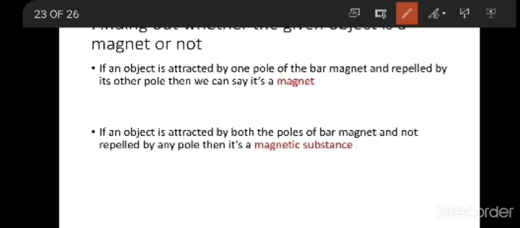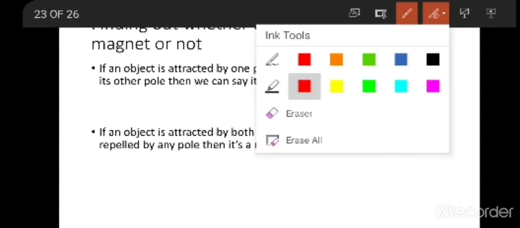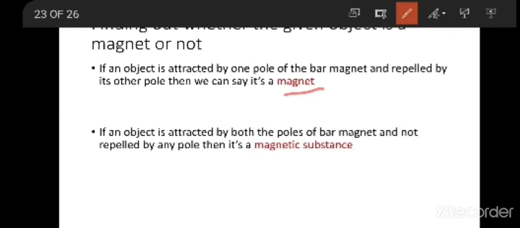First we will learn how to find out a magnet. If I have given you two substances, how are you going to find out which one is a magnet? For example, here I am taking a bar magnet. You all know that for the bar magnet, here we have a north pole and here we have a south pole.